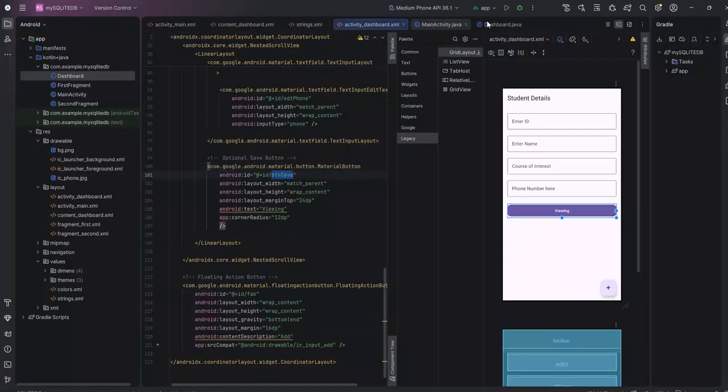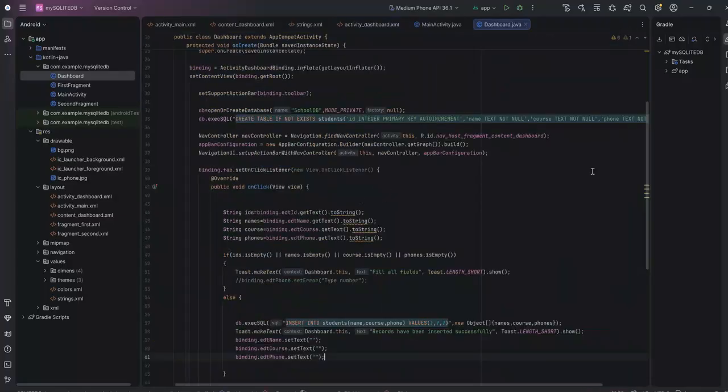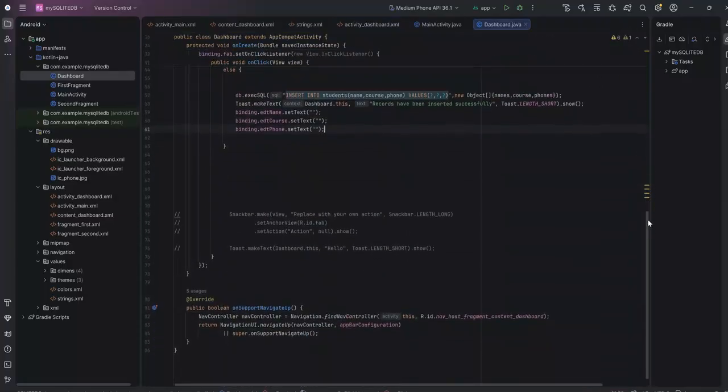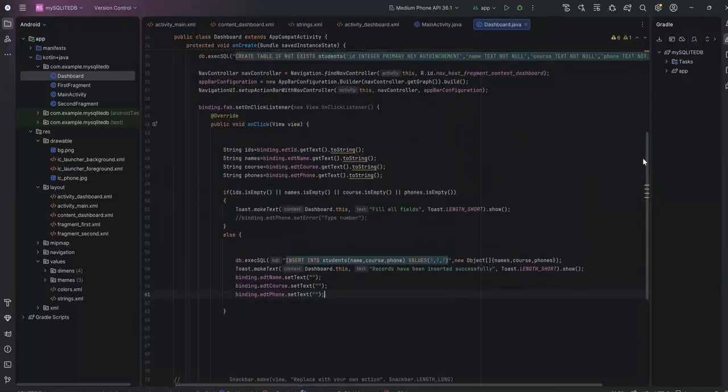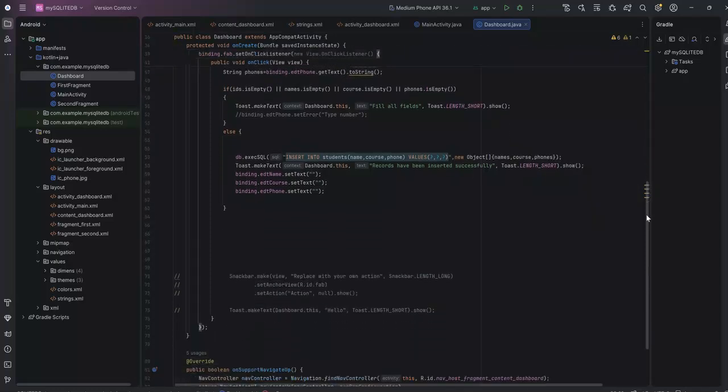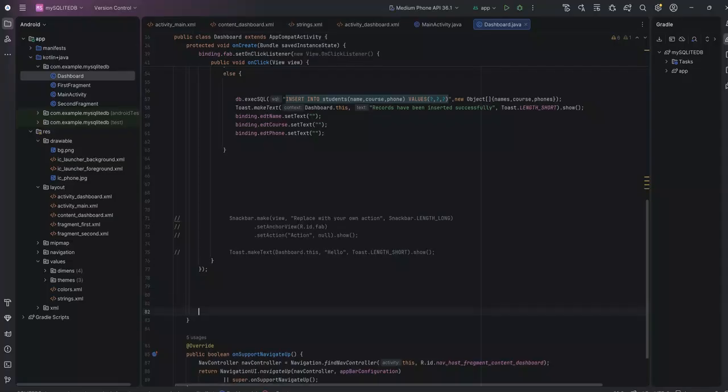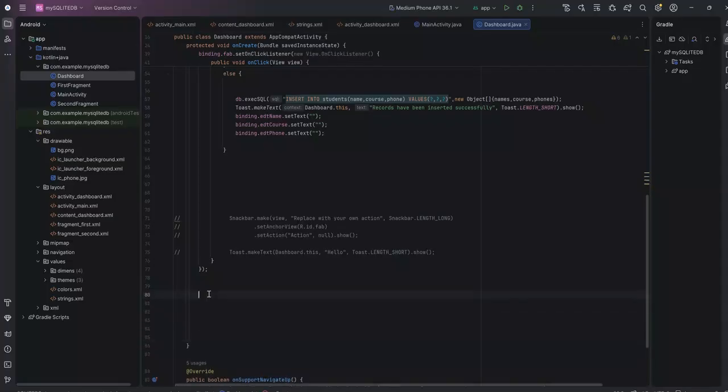So that means now the moment I come to my dashboard class here, I will just need to make sure I am outside the binding fab action listener so that I don't create confusion here. So it started there, it ended here. That means now I can create some space here, and then now of course set on click listener to my button. So binding